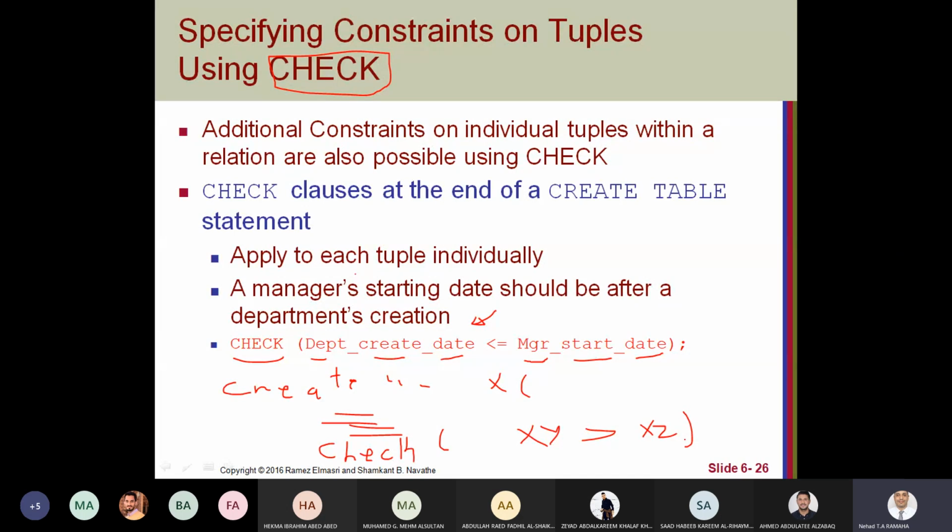Any Boolean condition you can use to check values. This means when we try to insert data, the manager start date should be after the department create date. So it's just a condition for inserting or updating data.